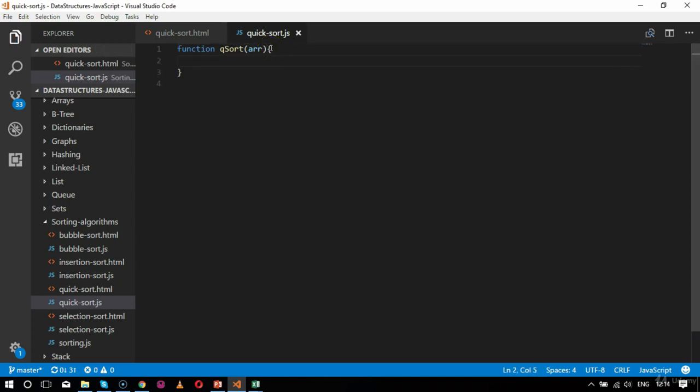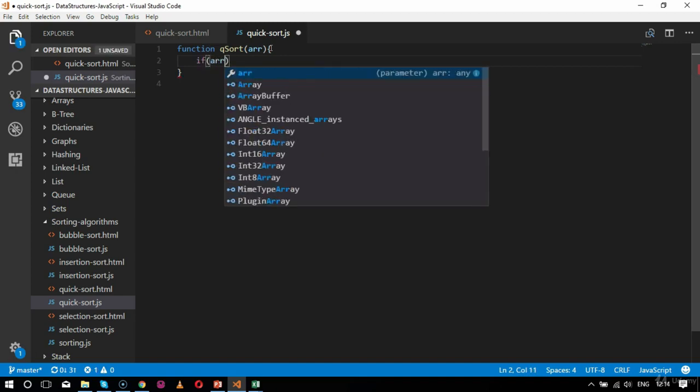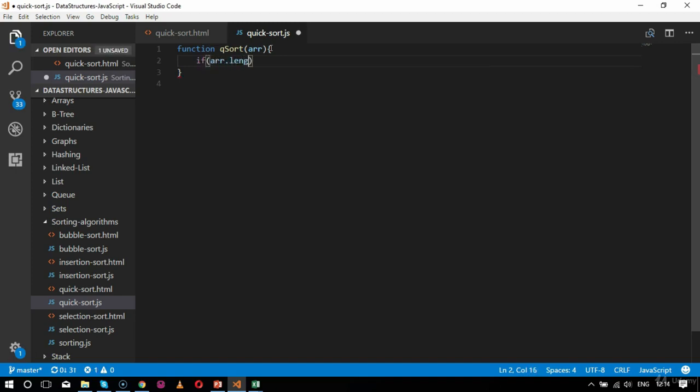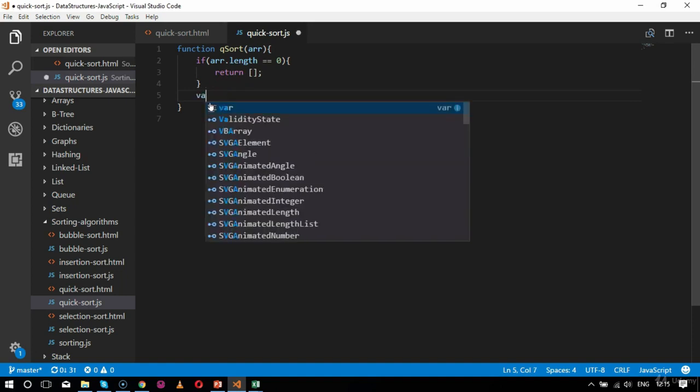And here I'll specify if array.length equals 0, then return blank value or blank array. On the other hand, if that array.length is equal to 0, then automatically it will return the value. But if there is some value associated in the array, then I'll say